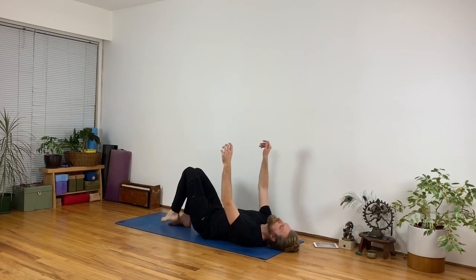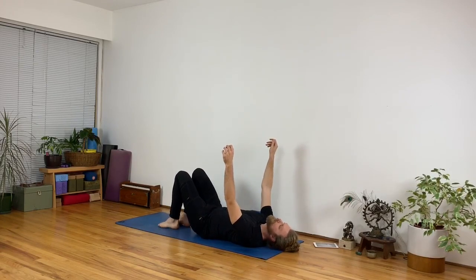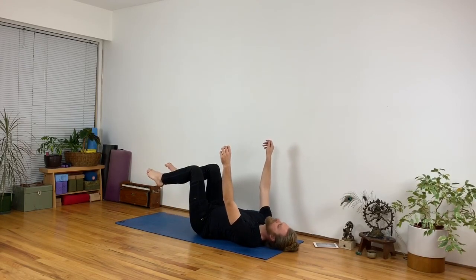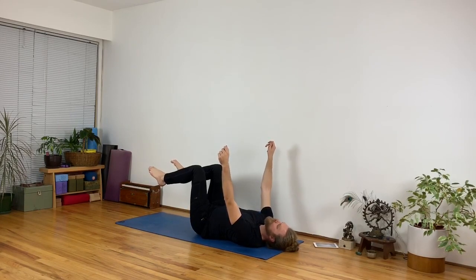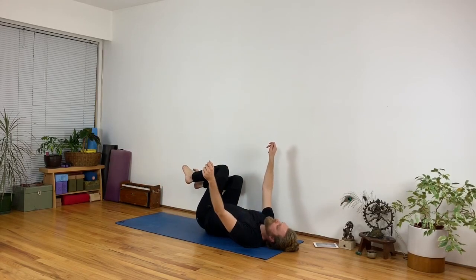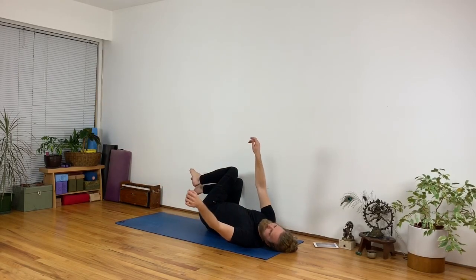Reach both arms straight up and wide. Lift your feet to the height of your knees. Extra challenge, I know some like to do that, is to push your head down and lift your rib cage up on this one. Level 1, it's good to just keep your rib cage down, but lower your legs halfway to the right and arms halfway to the left. So it's just a reclined twist,